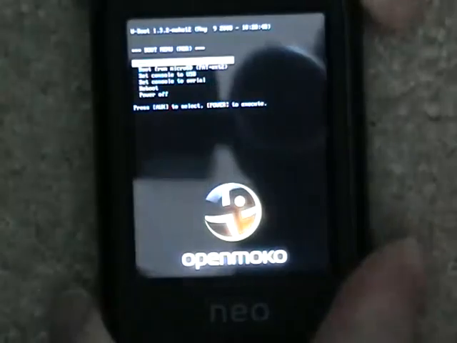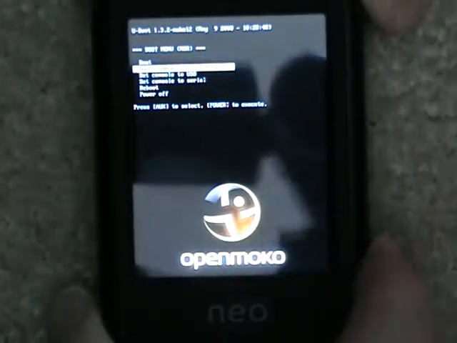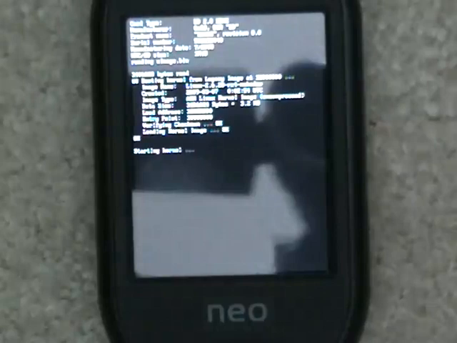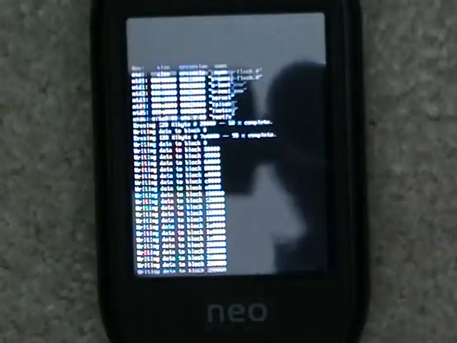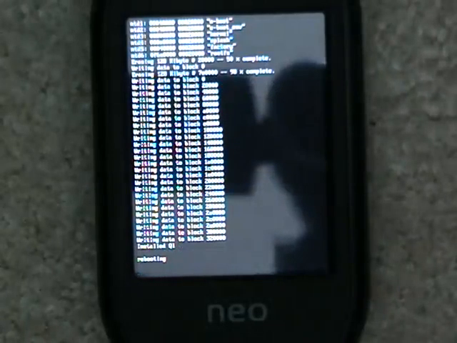The FreeRunner phone is about to boot from NOR memory. We've just chosen the NOR boot. We are going down, accessing the MicroSD card, and booting the kernel off of that, and we're starting the kernel boot. Now we are copying the images out of the MicroSD card into the NAND memory. We reboot again,